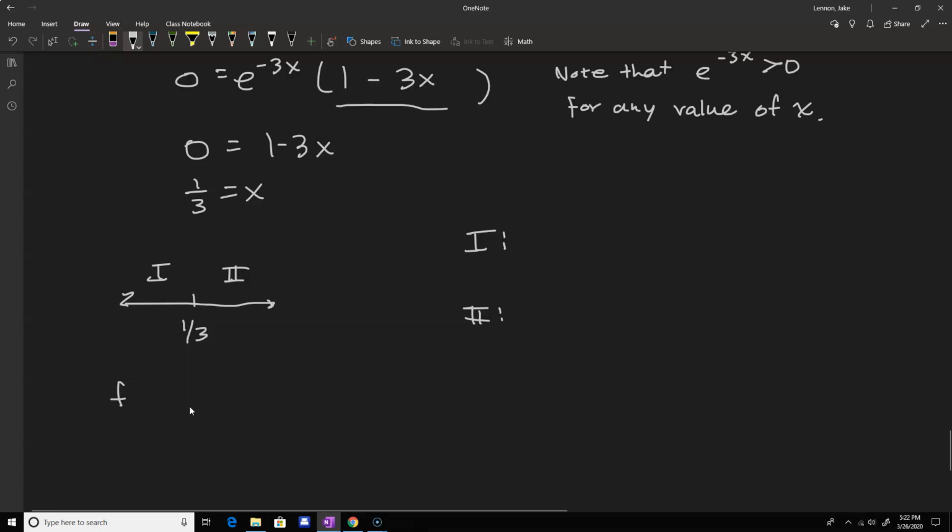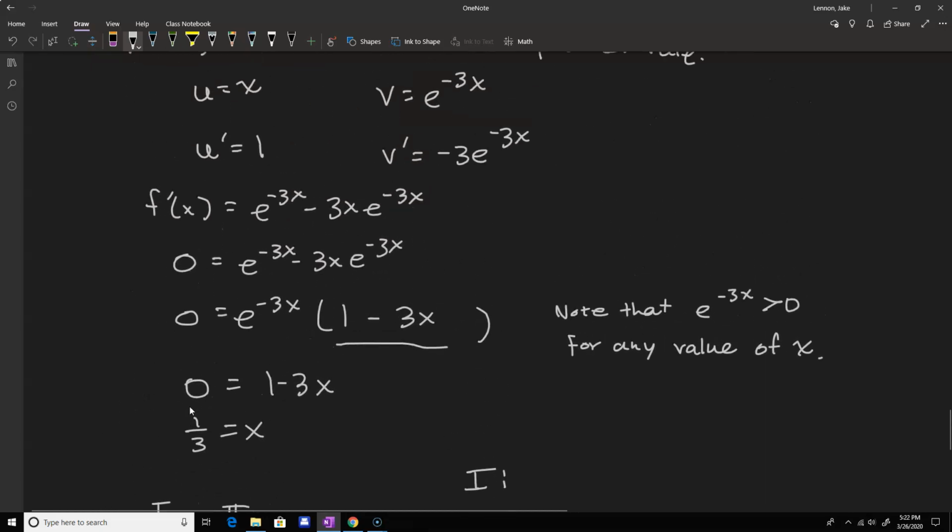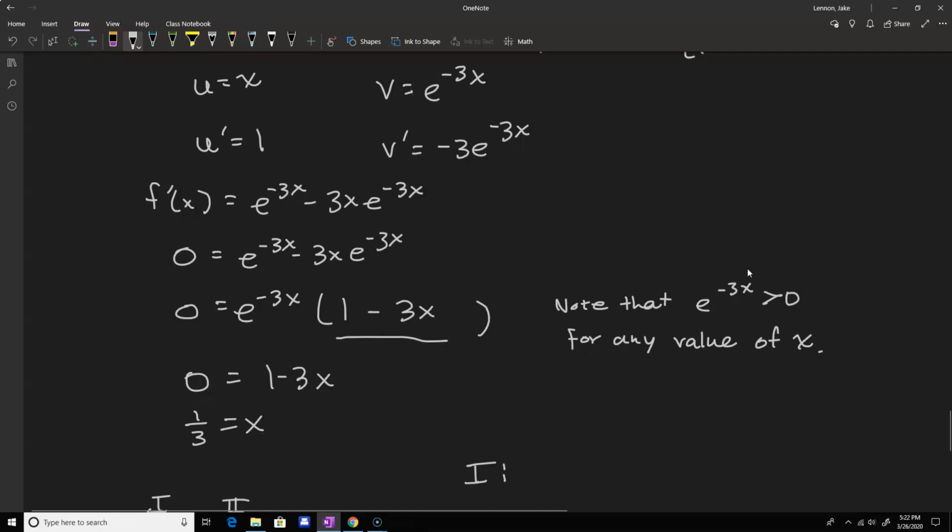Oh, you know what? Actually, we forgot about one thing here. We do, in fact, have 2 critical points. Why do we have a second critical point? Well, there is a domain issue here. So what is that domain issue? This e to the negative 3x component, if we look at the other part, e to the negative 3x, so if we rewrite this as 1 minus 3x over e to the 3x,